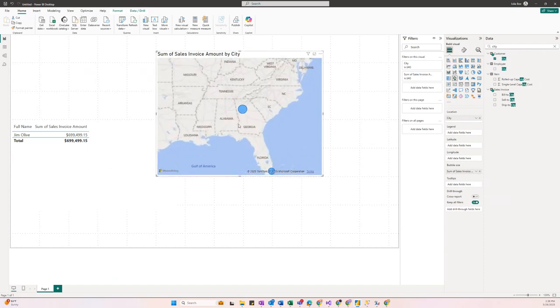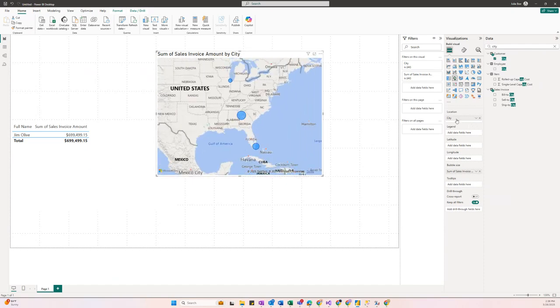Let's see, actually I think I wanted this one. So this one, we have our location as a city, and then we have our bubble size as the sum of the invoice amount. So as you can see up in Chicago, if we hover over it, we get the name and then we get the sum as well. Up in Chicago, the sum of the invoices is 58,000. And in Atlanta, we have a lot,